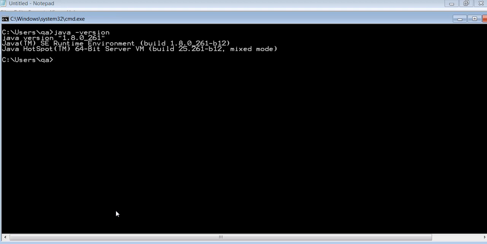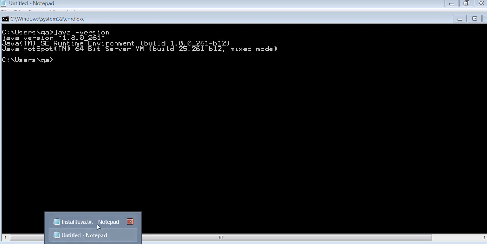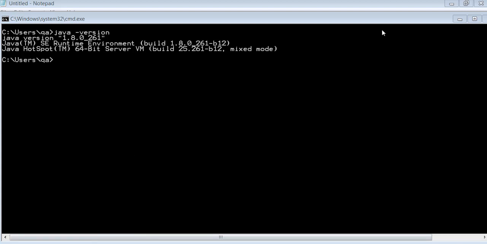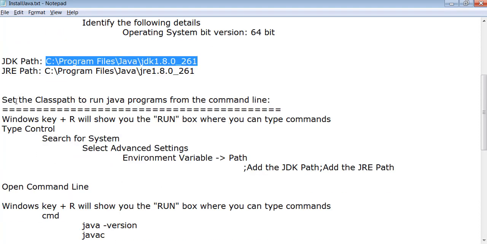This should reflect the version which we have installed in our laptop. Right? So in our laptop we installed 1.8.0_261. So this is the version that is getting reflected. If you follow the steps as per the notepad, we can easily install Java in our laptop.